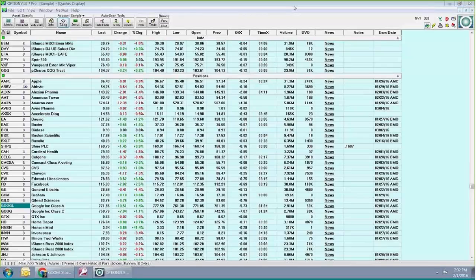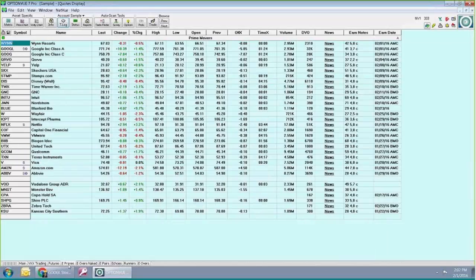Is there anything else in the chat there, Tom? That's it. Wayne asked, what strategy should we use for Google earnings today? Well, it says you should buy a straddle or strangle about an hour prior to the close today.